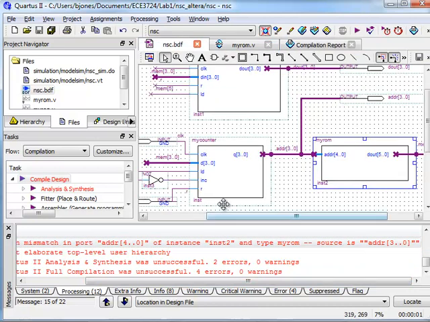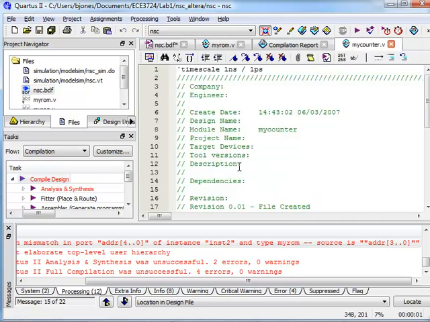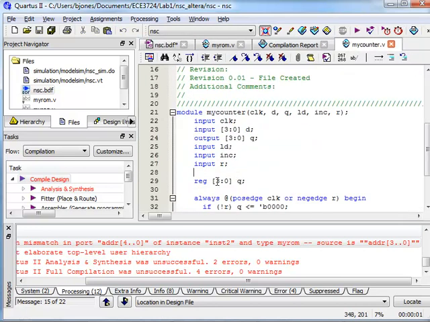So we take a look at the schematic, and sure enough, that says that address is a 3 down to 0. I'm going to double click on that. Why don't I upgrade that to make it 4 down to 0? So that matches. But wait a minute, that means that my counter needs to change because this is also a 3 down to 0 output. So I better go in here. My output Q is a 4 to 0. I'm also going to need to change it in 2 places, at the output statement